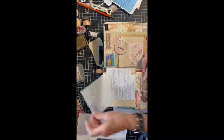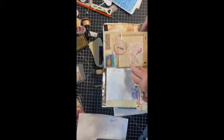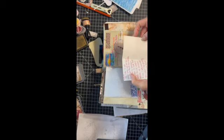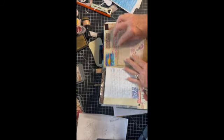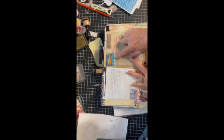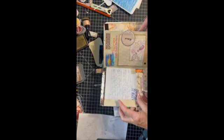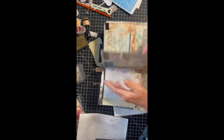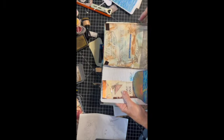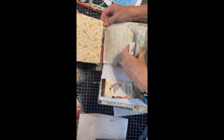I covered this with vellum because I had been writing on it. Another place to journal. Oh, I did journal. I had gotten some new acrylic markers, so I was trying them out. I used a package from Temu. I was trying to use any trash and not throw anything away for a while. This all started with the same thing. Pieces of scrap